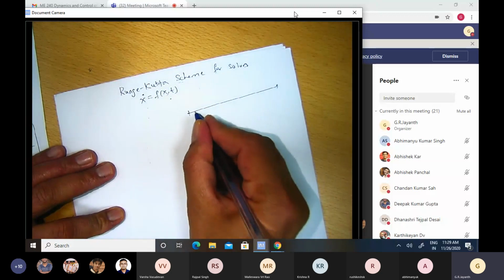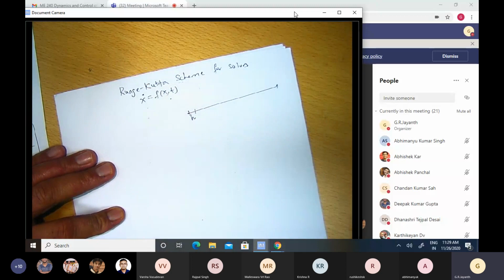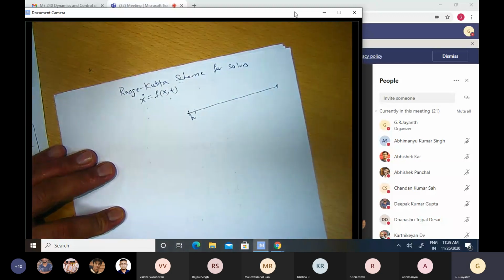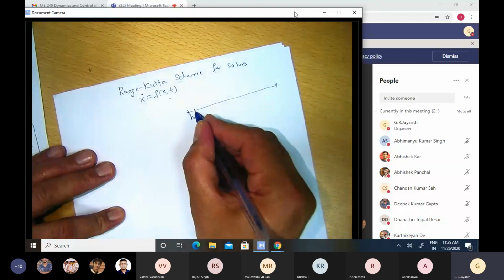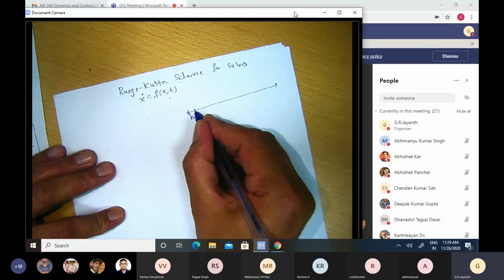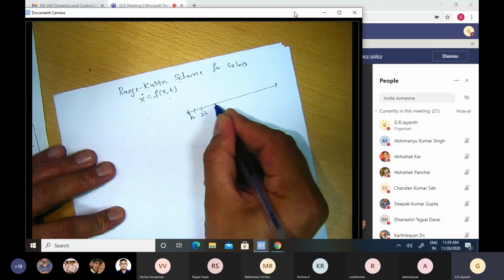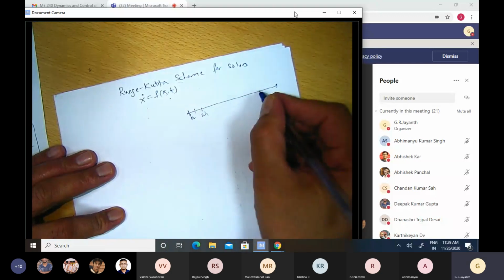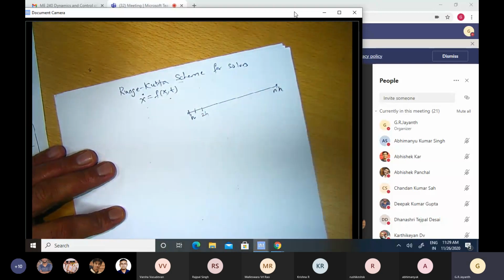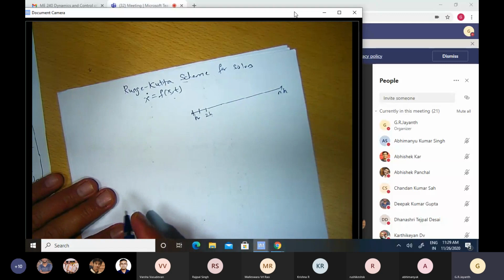So you divide up the time into tiny increments. Let each increment be h units in length. Okay. So you obtain x at x of 0, then x of h, x of 2h, and so on and so forth. So at some discrete intervals of time, you obtain the solution all the way to nh. So whatever time you want, you divide it up into tiny increments of h units. Okay. Then the Runge-Kutta scheme goes this way.